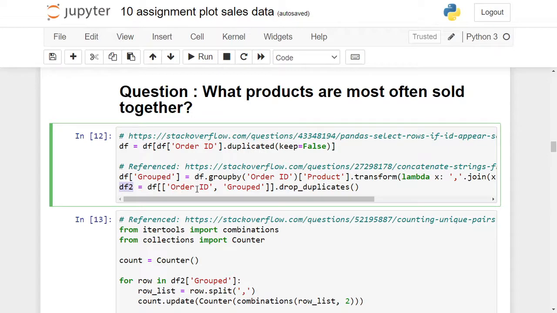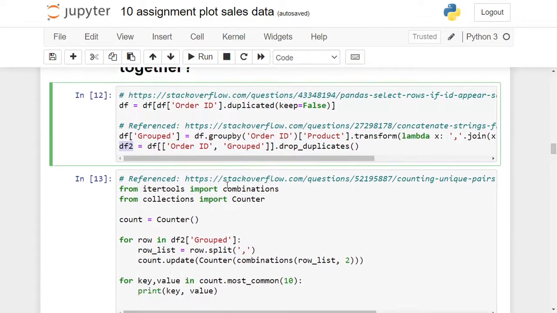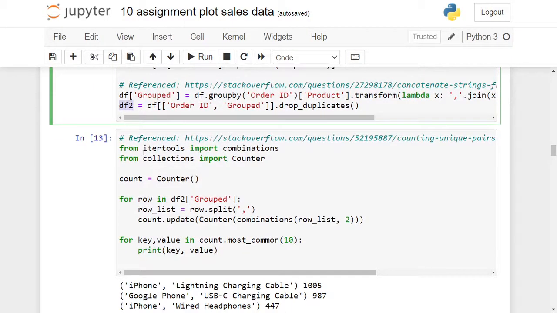That means is order ID grouped, and then we drop the duplicates. So once we have all those, then we are going to find which ones are sold together. So in this df2 grouped, we're gonna go through every single row. We're gonna find the row lists, and then the combinations of row lists, and then we count